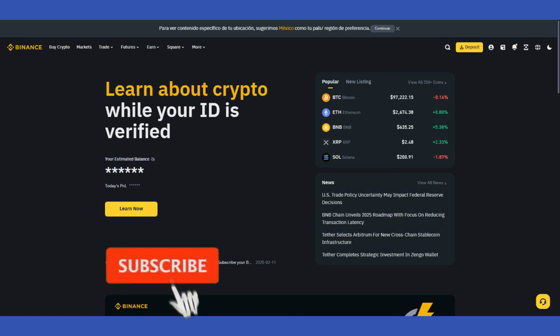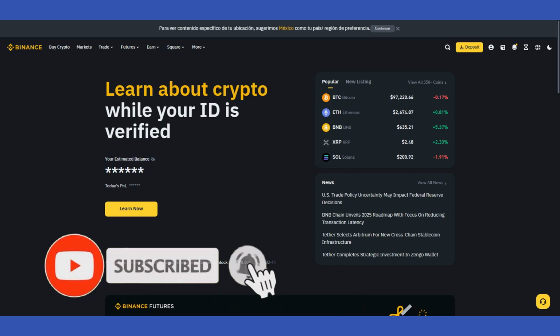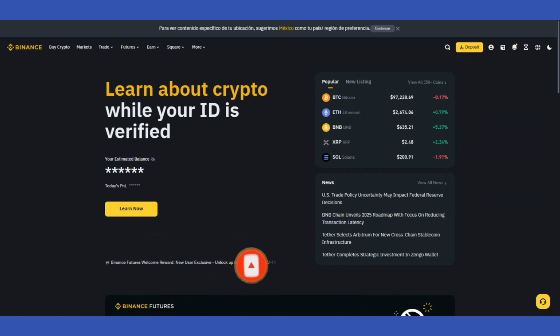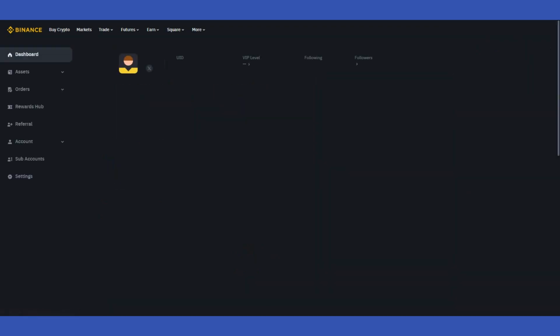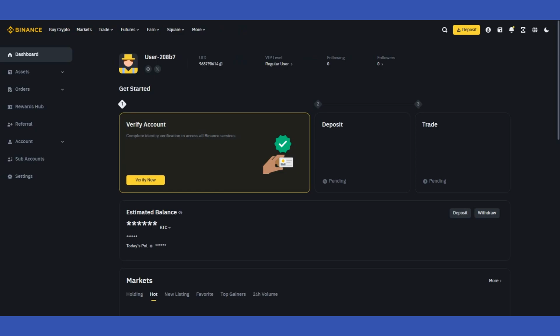This time we check how to get verified on Binance, so let's start. Well, I'm here on Binance and let's go to the dashboard. Just click here and then let's go to dashboard. Here on dashboard will appear this option in case that your account has been not verified. So just click here on verify now